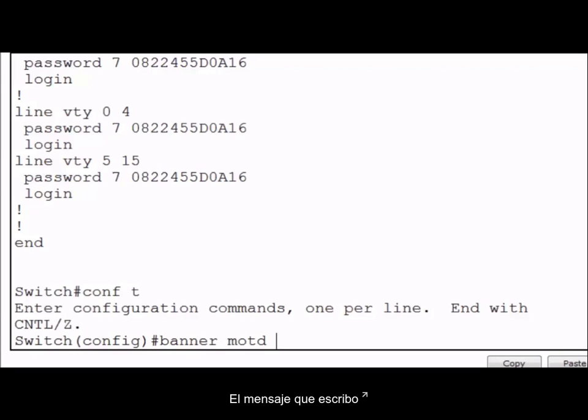The message that I type will need to be between two delimiters. It's a good idea to use a delimiter that won't be a character within the message. For instance, I'll use quotation marks as delimiters for my message. In between the quotation marks, I'll put in the message, no unauthorized access allowed,